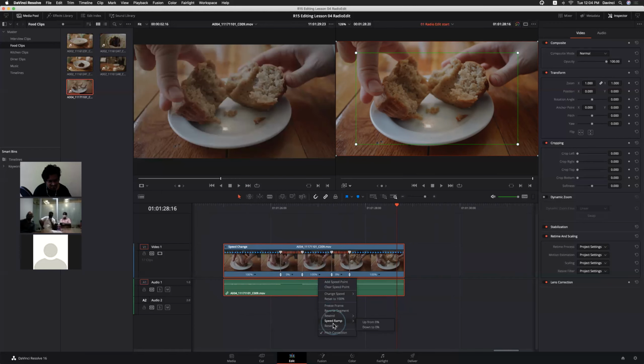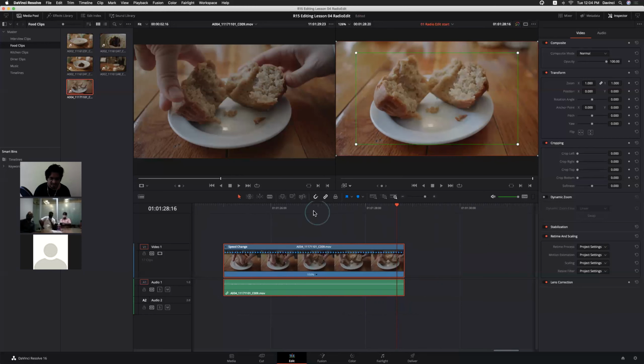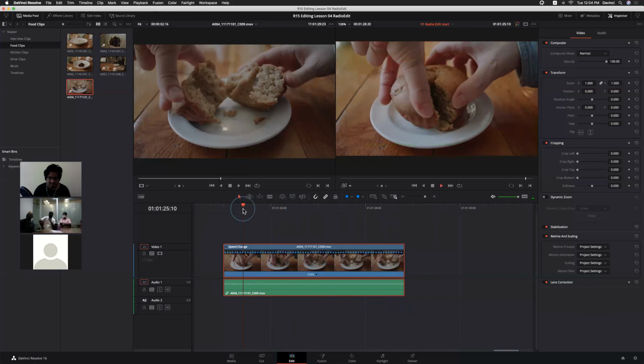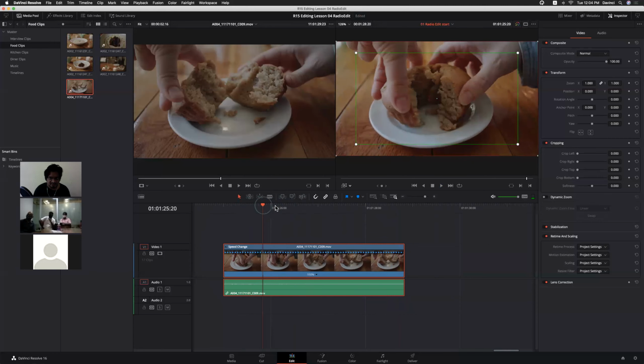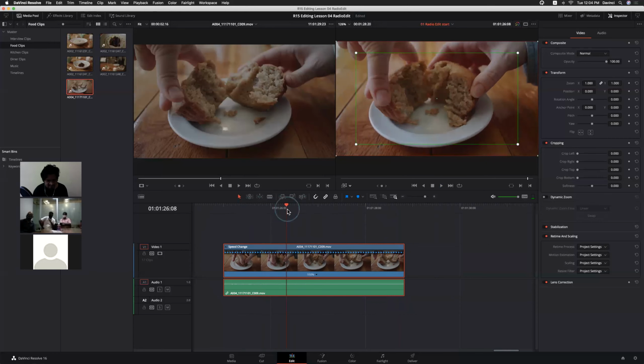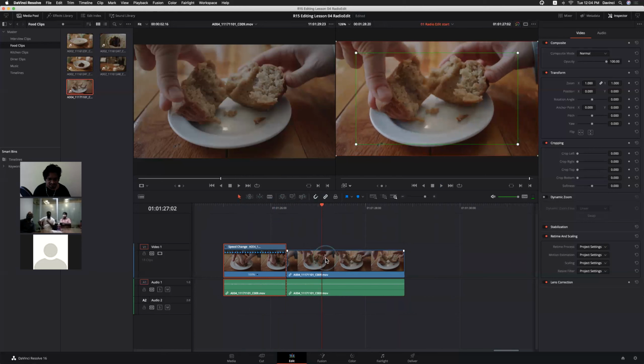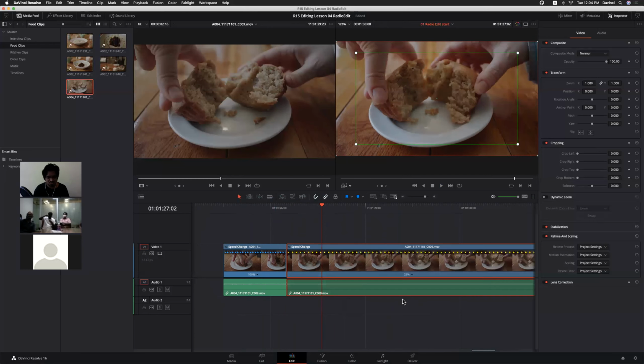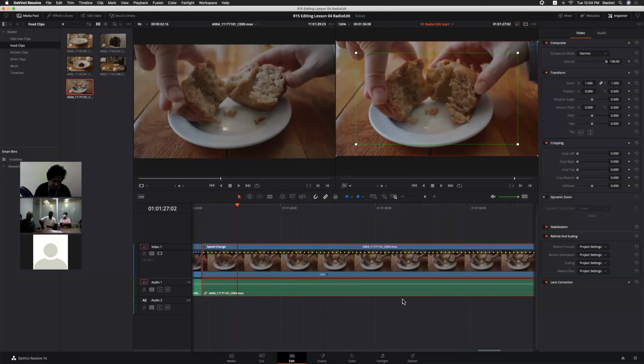But reset the clip. Let me take only a bit of portion here. I just want to use only this portion. So I'm making this clip 25%. 25% means for a normal clip, it's too much for the system to handle, right?